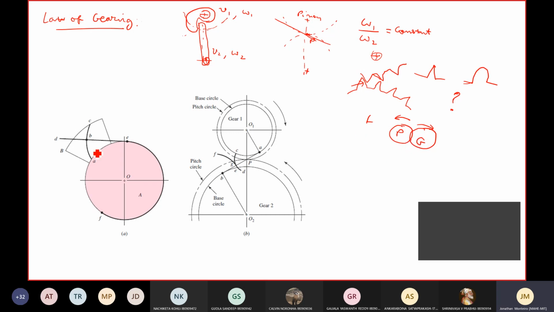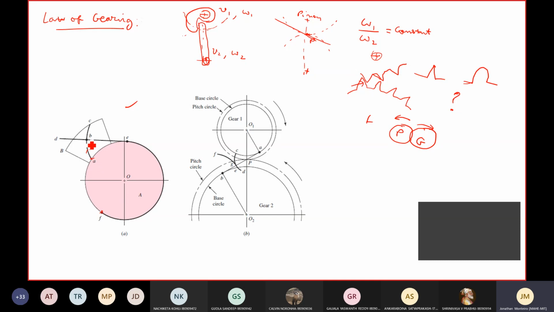When we say wrap and unwrap, look at this figure over here. Just imagine that there is a string or a tight wire wound around a cylinder. It is connected at the point F, which keeps the cylinder stationary, and say this is a string. It has been tightly wound and the initial position is A. Now, when it starts to unwrap from the cylinder, what is the path it will take? It will take this path, right?